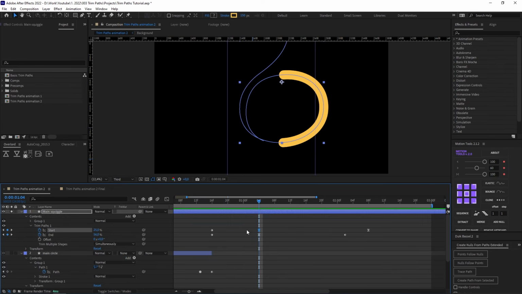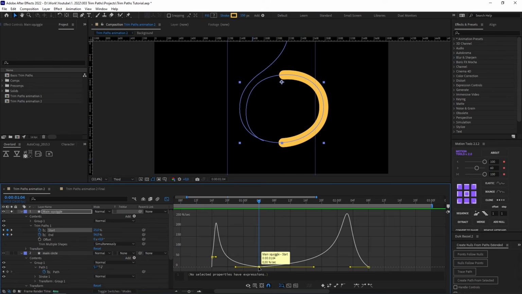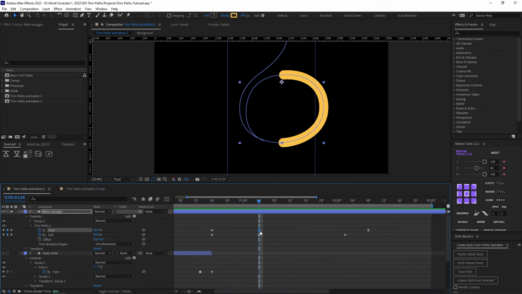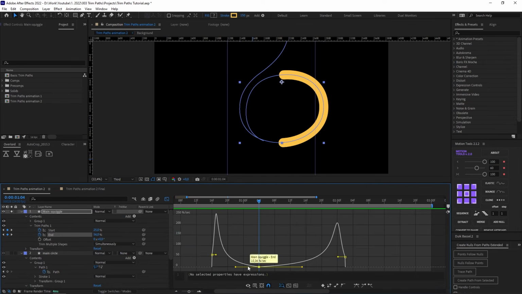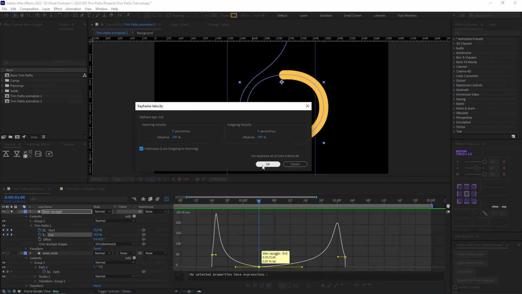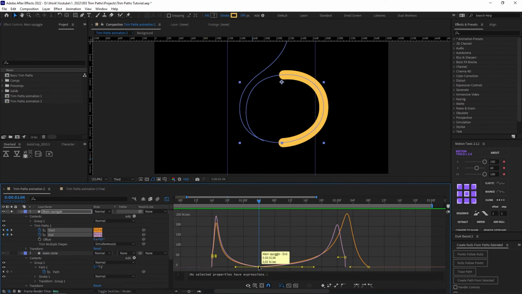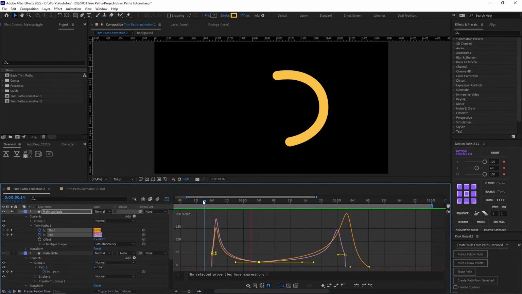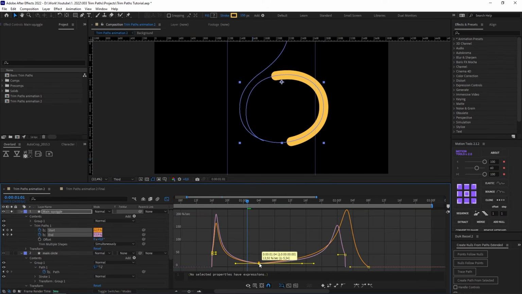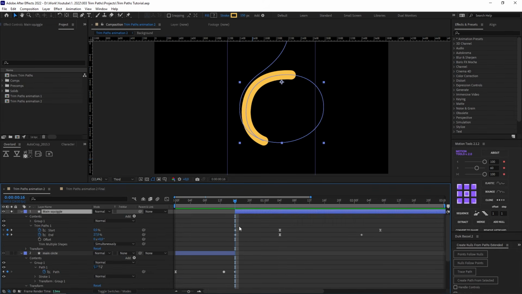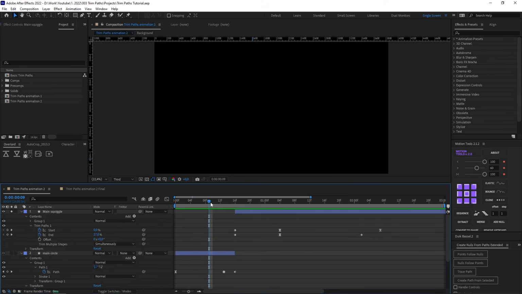So if I grab these one at a time, go pop into my graph editor, we're doing the same trick as before. Click on the continuous checkbox. I'm going to go back and do the same to the end keyframe. Now if we select both of these, we can pull them up. Okay, let's just get a feel for that. And maybe this can be lower. Yeah, that feels good. Okay, so already we can get a sense of that match cut,